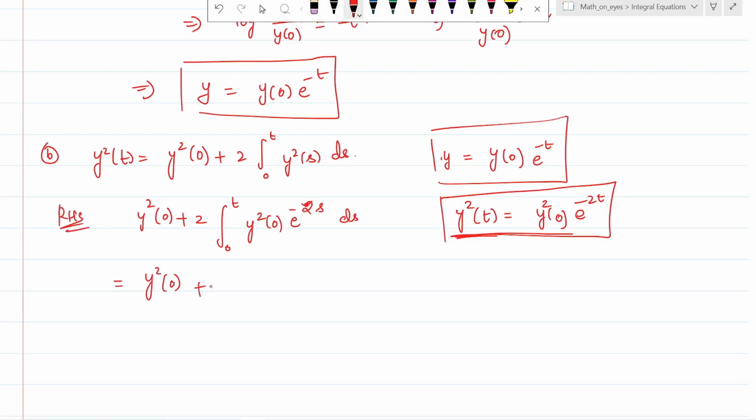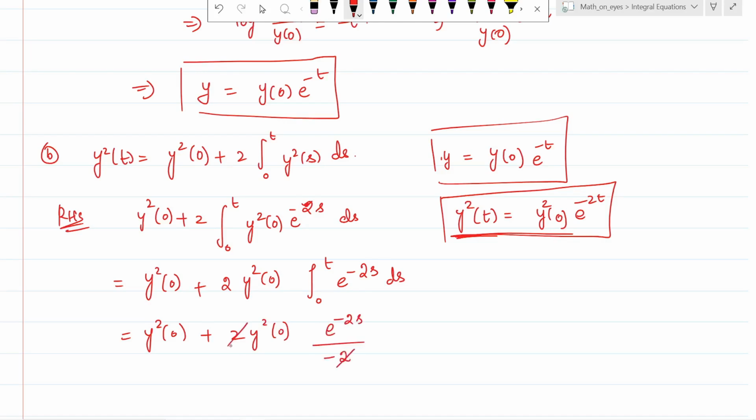This is equal to y squared of 0 plus 2 into y squared of 0 integral 0 to t e to the power minus 2s ds. When you apply the integral we get e to the power minus 2s divided by minus 2. So 2 and 2 cancel each other. When you apply the limit, y squared of 0 plus y squared of 0 divided by minus 1 into e to the power minus 2t minus e power 0,